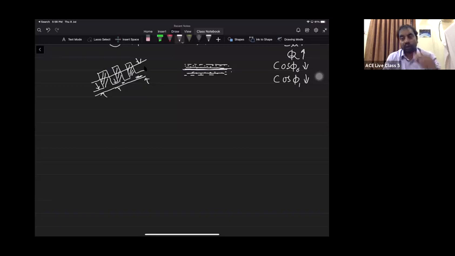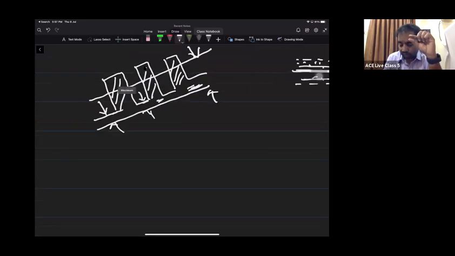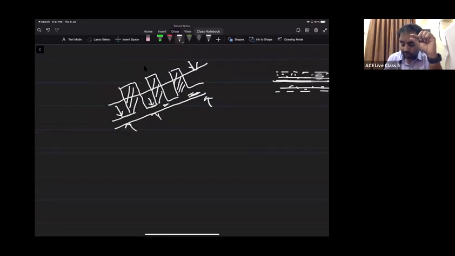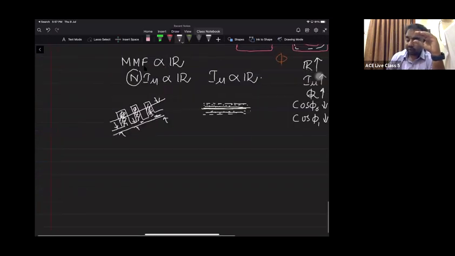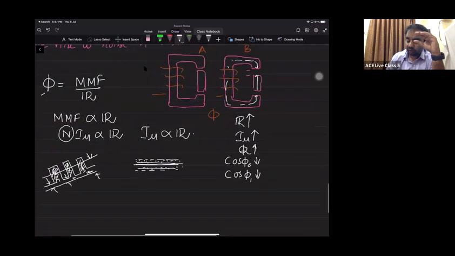Right. So here also the air gap is small. You can see the air gap is small. But because of the air which is present here in the slot, it is adding to the air gap. As a result, the effective length of the air gap increases. It looks like the air gap is this much. Why? Because the air which is present in the slot is adding up. So the air gap is increased. When the air gap is increased, the magnetic circuit which is supposed to be A